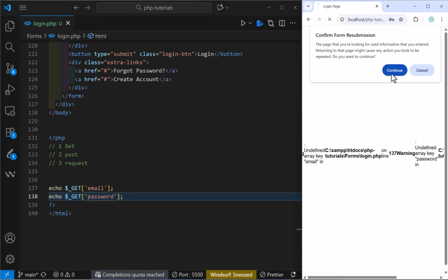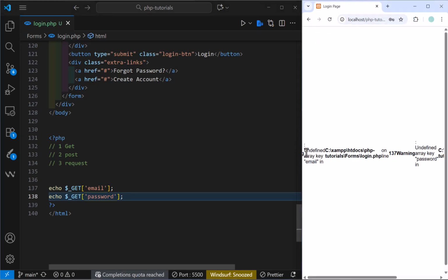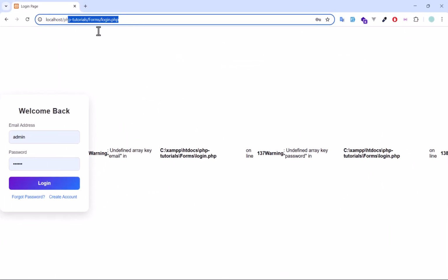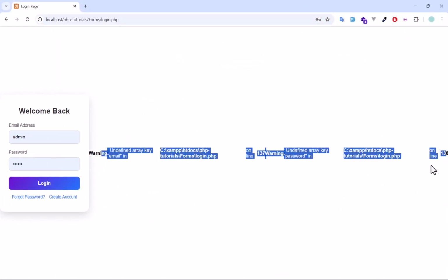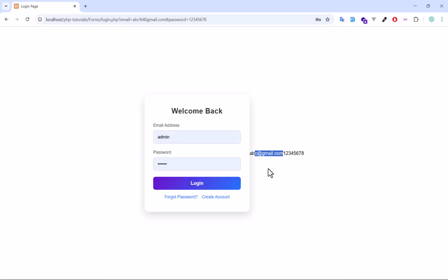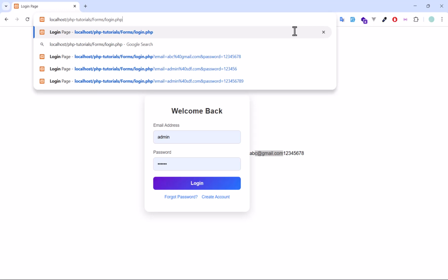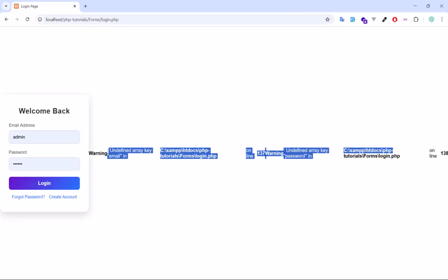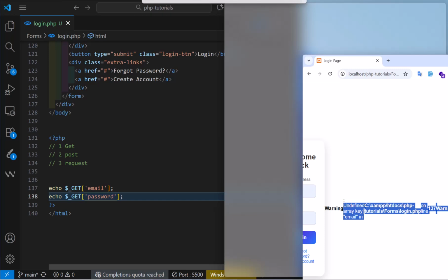Now let's refresh. Right now we are getting this error saying undefined array key email and password because our form is empty. We don't have anything inside our form. That's why we get this error. But as soon as I submit this form, let's type the password as well. When I click login, I get my values and the error is gone. But whenever I delete it, so whenever the user enters our page for the first time, he will see this error. To solve this, we can use